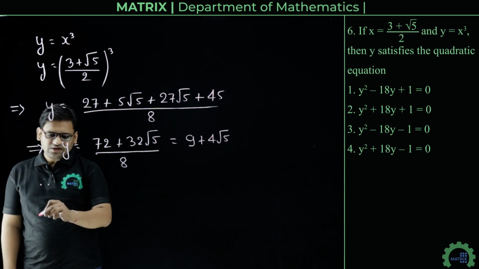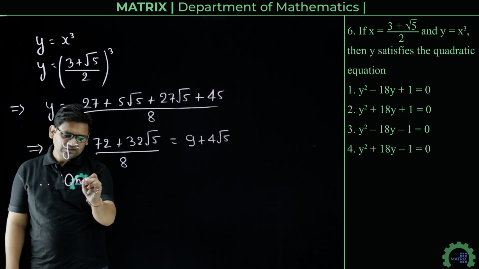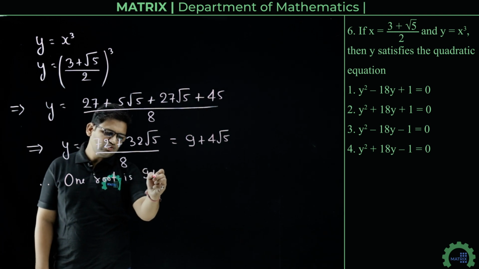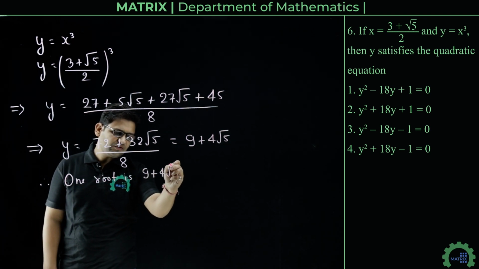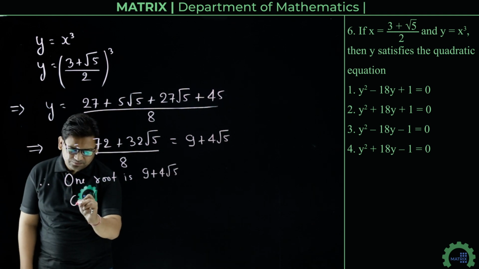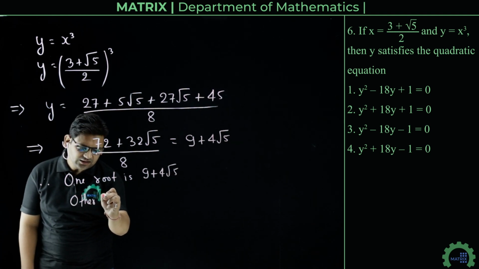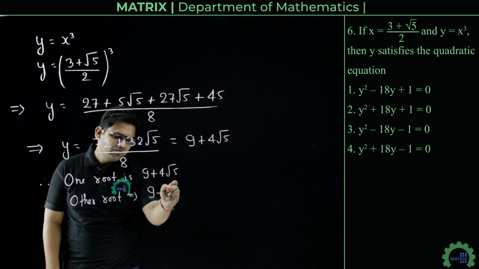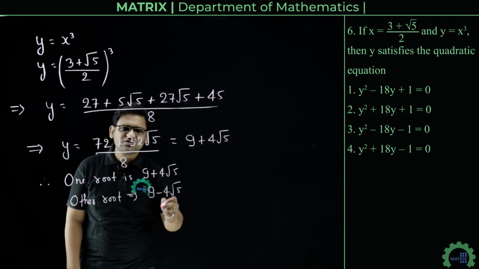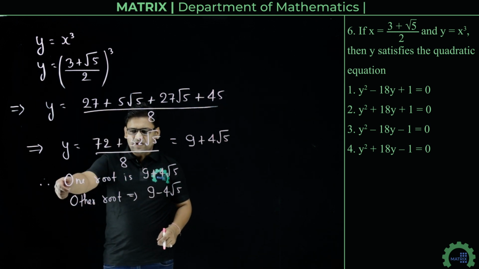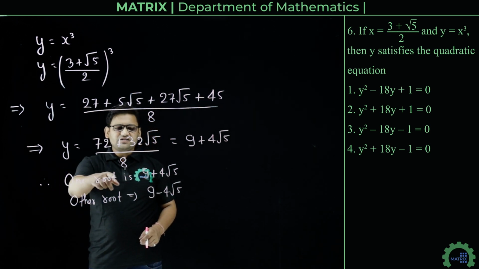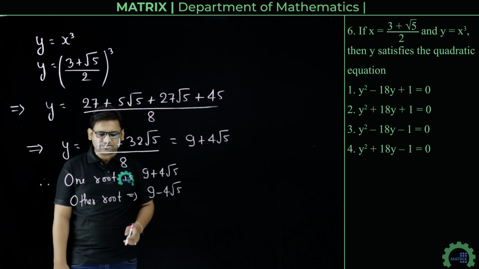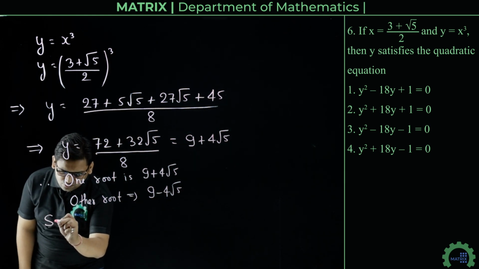So when one root is 9 plus 4 root 5, then the other root will be 9 minus 4 root 5, since irrational roots are conjugate to each other. So when one root of the quadratic equation in y is 9 plus 4 root 5, then the other root will be 9 minus 4 root 5. So the sum of roots is